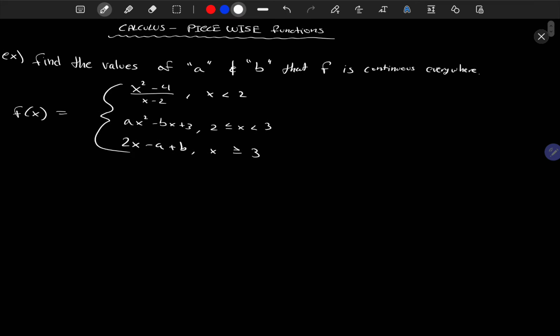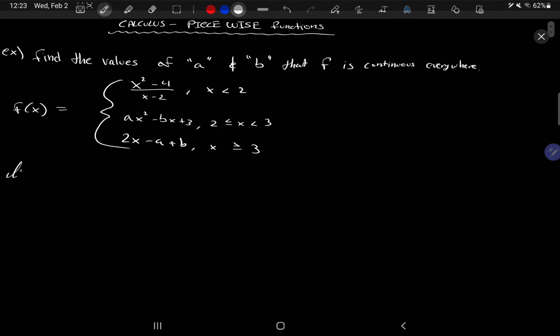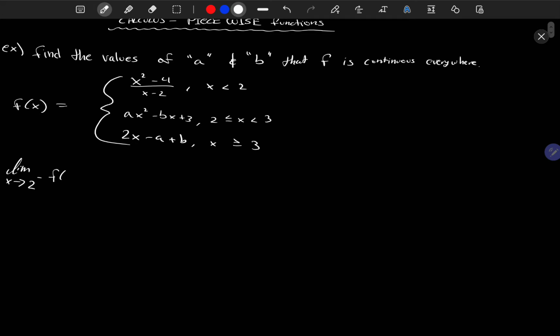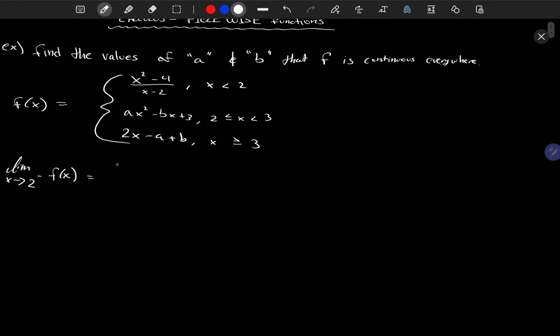So we can start off with evaluating the limit as x approaches 2 from the left. It's from the left because x is less than 2. So if we look at the number line, we have 2, and x is less than 2, so we're approaching 2 from the left, of f of x equals